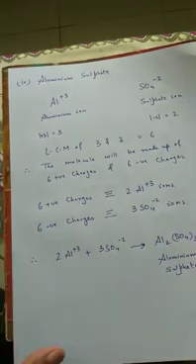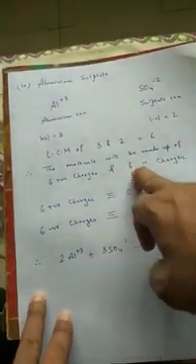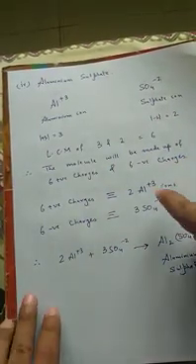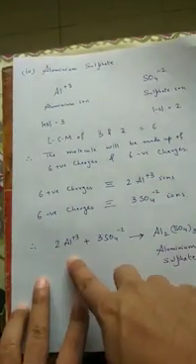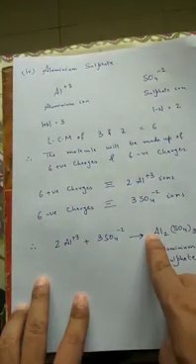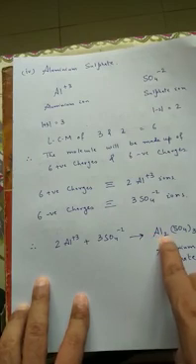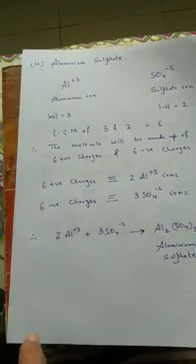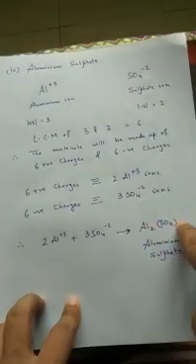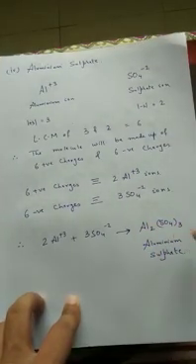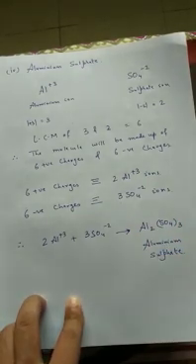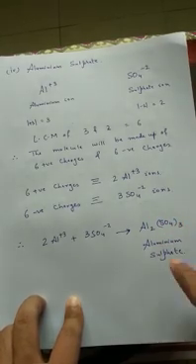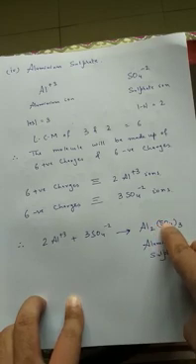Now that we know that the system would be carrying 6 positive charges and 6 negative charges, which would be contributed by 2 aluminium ions and 3 sulfate ions respectively, 2 aluminium and 3 SO4 will combine together to give us the formula Al2(SO4)3, with SO4 written inside the bracket with subscript 3. Now please check this out. Aluminium is not written inside the bracket, whereas sulfate is written inside the bracket. The reason behind it is that sulfur and oxygen are two different elements.